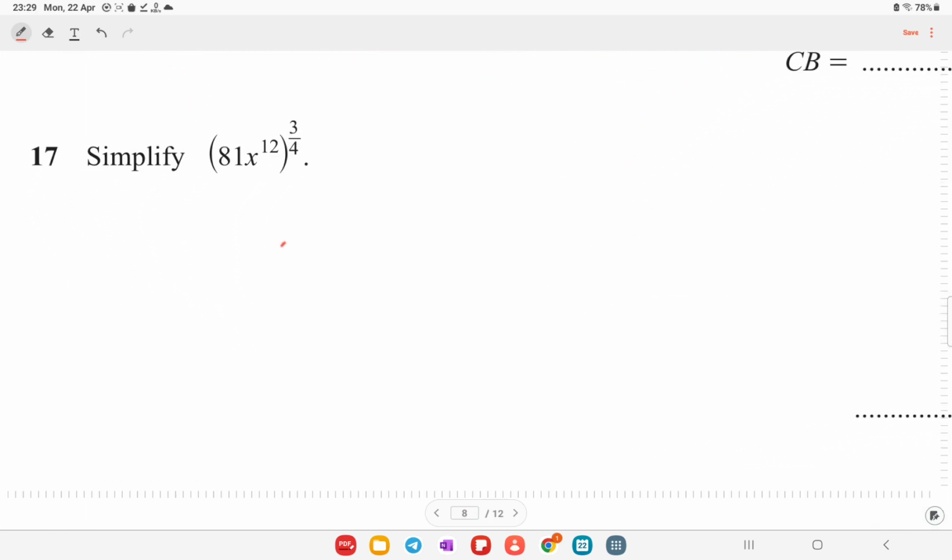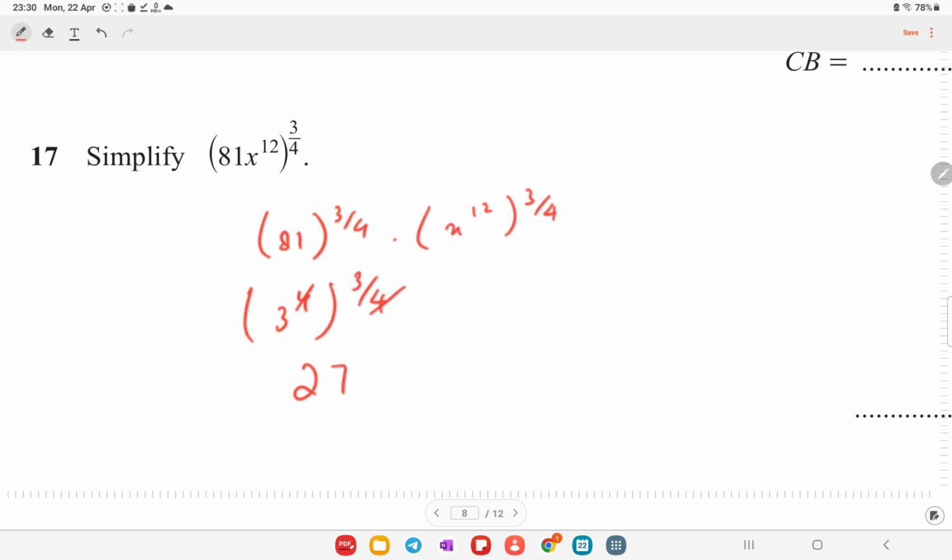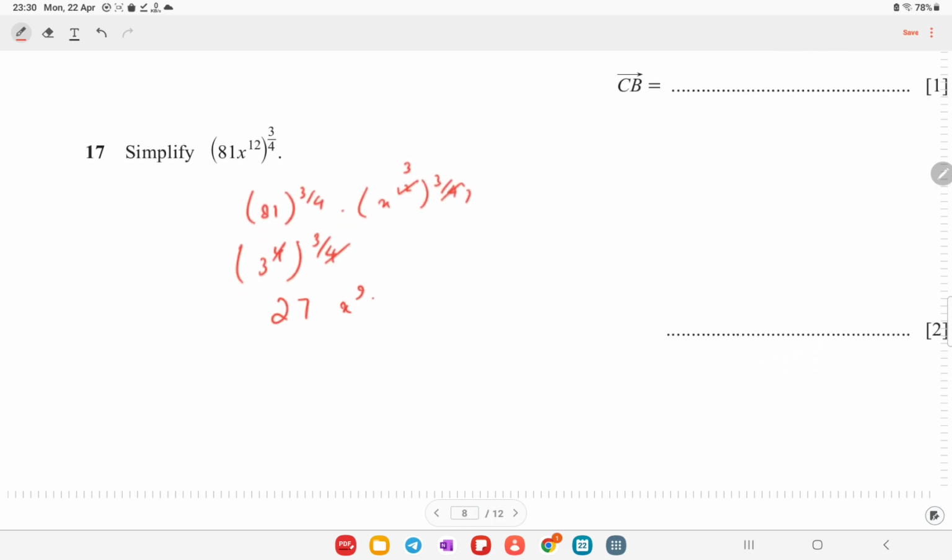Okay, simplify 81 to the power 3 upon 4, then times x to the power 12, to the power 3 upon 4. So it's an indices based question. We know that 3 to the power 4 is basically 81, so this 4 is going to be cancelled out. This is going to be 27, and 12 times 3 over 4 is 9, so this is going to be x to the power 9. So this is going to be your final answer,